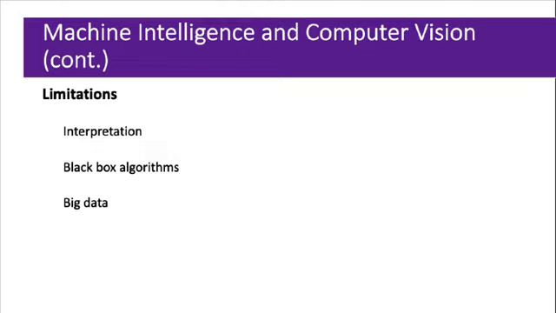3. Big data. Computer vision, like other forms of AI where machine learning is involved, requires a lot of data to ensure accuracy of results. The data must be representative of many different contexts, angles, variations, and other scenarios in the real world. If a machine is presented with an image in a way that it is not being trained on, the machine will have some difficulty identifying the image.